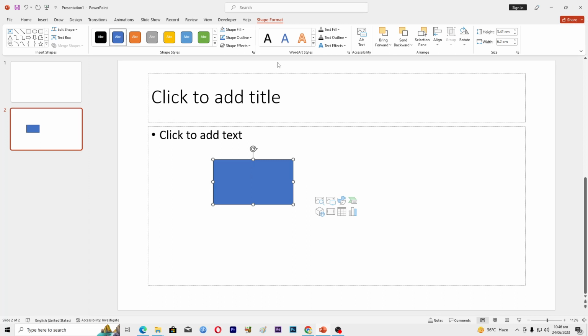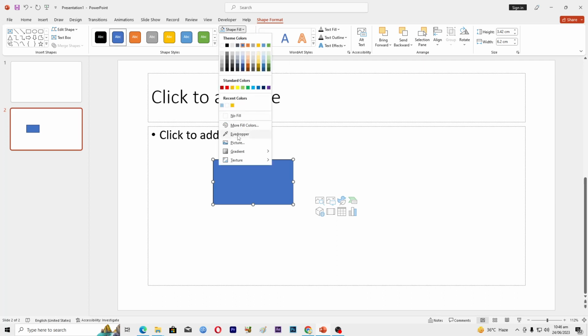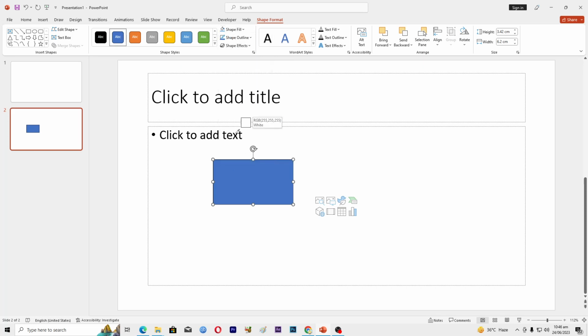So what I will do is click on this icon where it says shape fill, and here you can see that we have this eyedropper tool. So we will just select this, and now what we are going to do here, we will take this pen onto